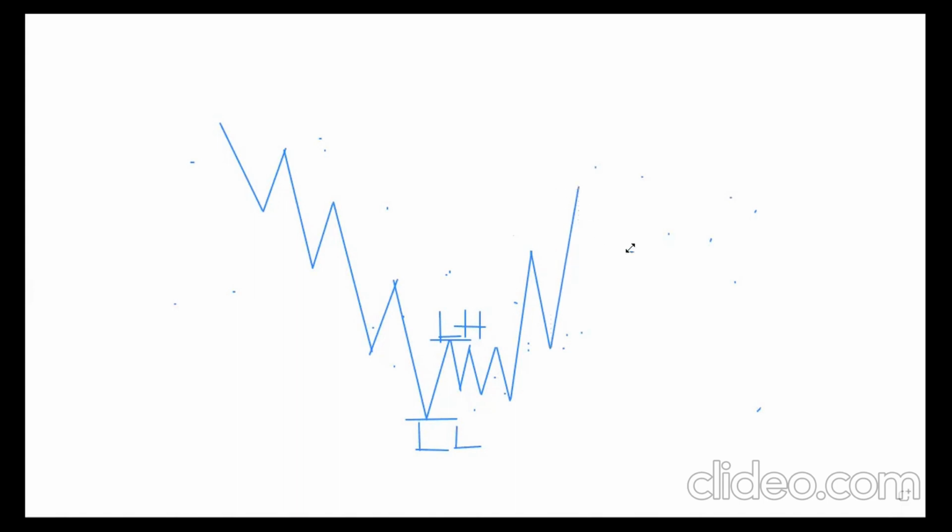So we can see that price started creating a series of higher highs and higher lows. We can now see that the trend has changed from the sell side to the buy side. So basically, this is what we have taught